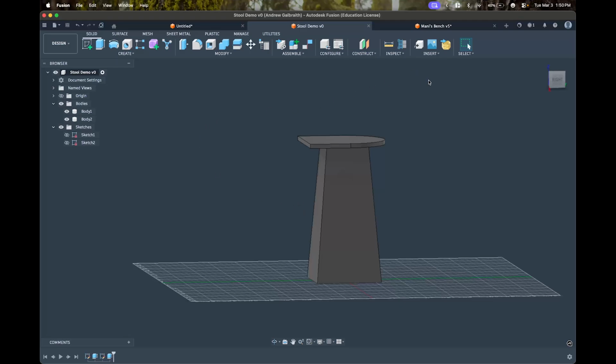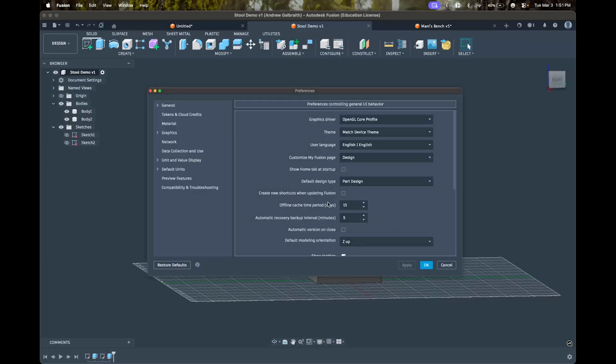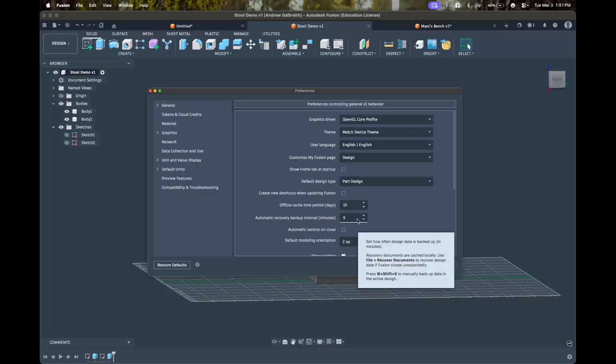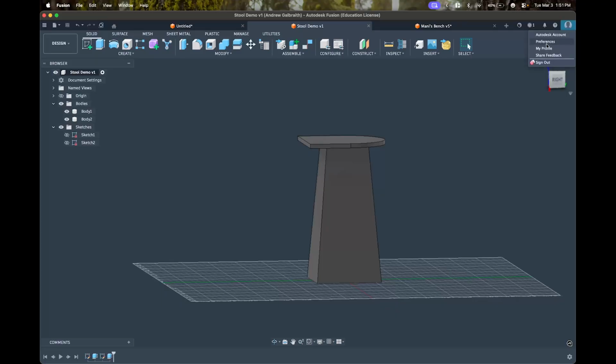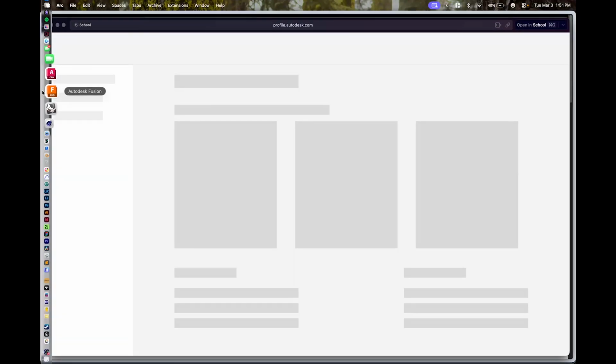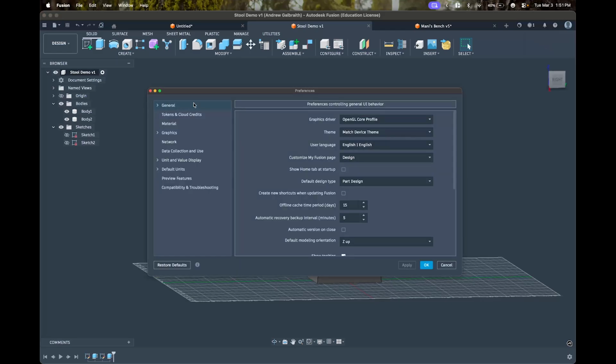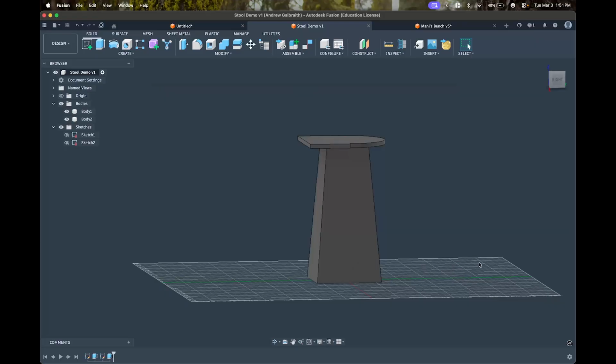One thing we can do, actually, we're going to jump off of the modeling pipeline for a second here. We're going to click on our profile photo in the top right. We're going to go down to Preferences, and we're going to change our automatic backup or recovery backup interval to 5 minutes. I think it defaults at 15. I could be wrong, but I changed it to 5 just in case; this is your autosave. So I'll show you one more time. I clicked on the profile on the top right, Preferences. Oh, clicked on the wrong thing. And then under General, you should have automatic recovery backup interval. And I set mine to 5. Okay, tangent aside,